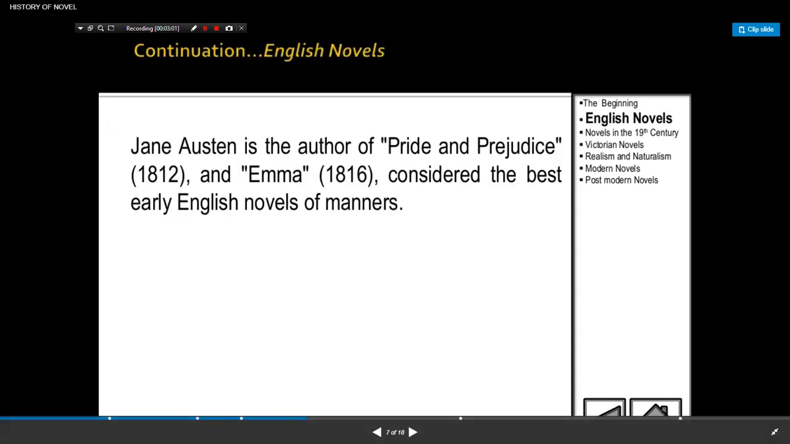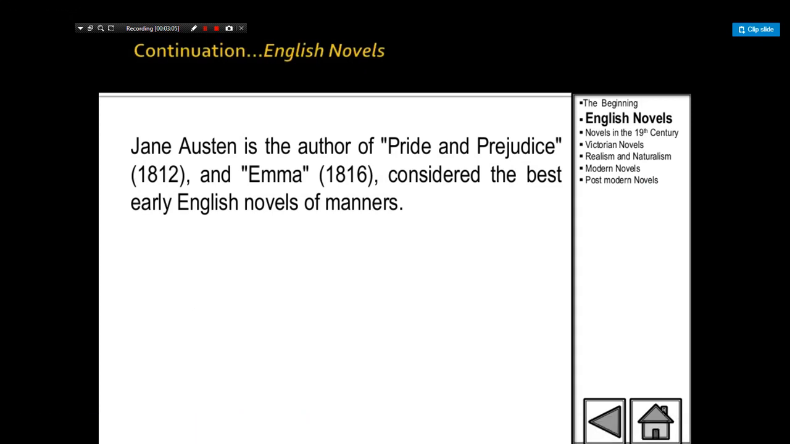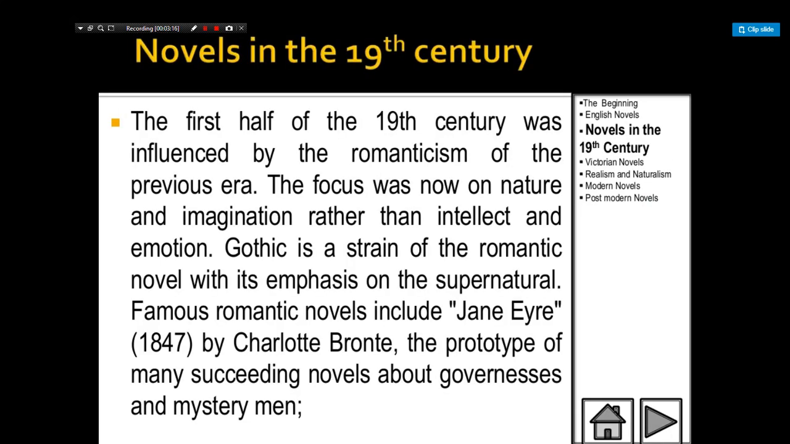Continuing with the English novel, Jane Austen is the author of Pride and Prejudice in 1813 and Emma in 1816, considered the best early English novels of manners. The novel in the first half of the 19th century was influenced by the romantic themes of the previous era. The focus was now on nature and imagination rather than intellect and reason. Gothic is a strain of the romantic novel with its emphasis on the supernatural. Famous romantic novels included Jane Eyre, 1847, by Charlotte Bronte,